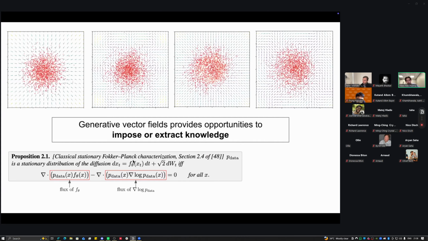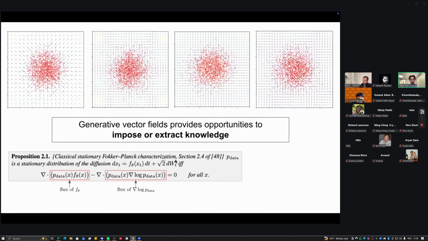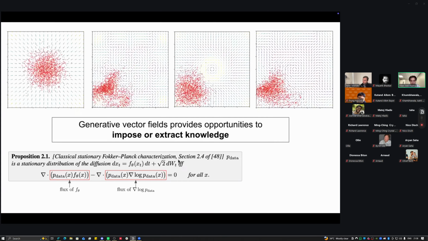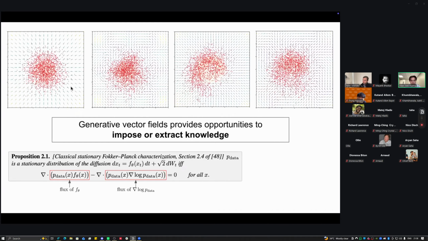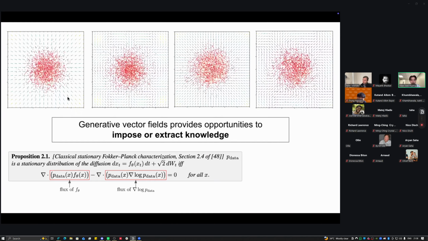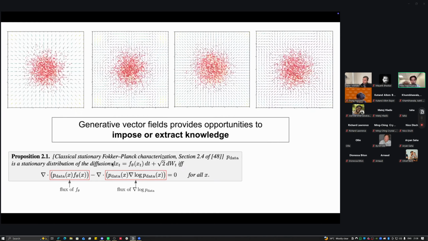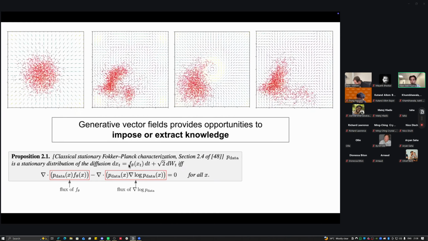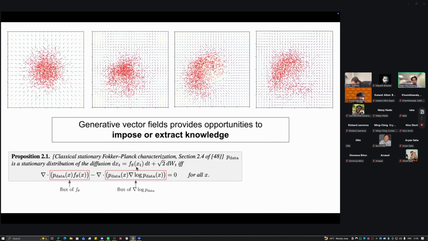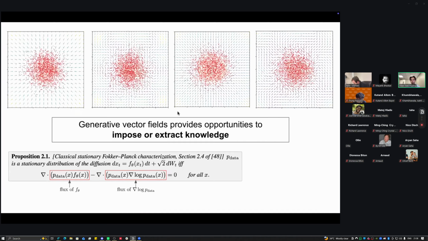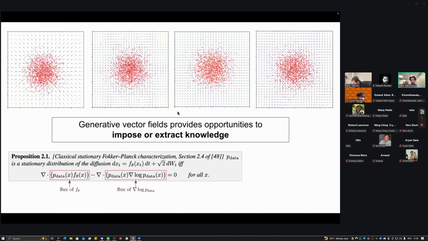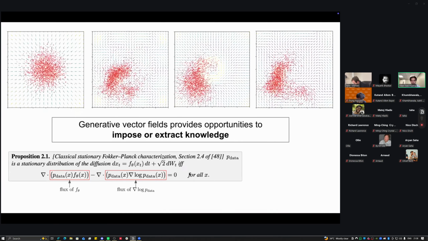We start with this SDE down here, this diffusion process where my cursor is. It basically says that x_t, which is a single red dot here, changes position as a result of a small movement along your vector field f_theta,